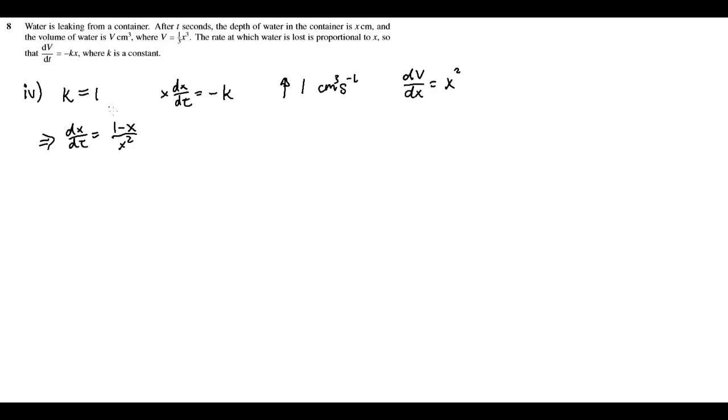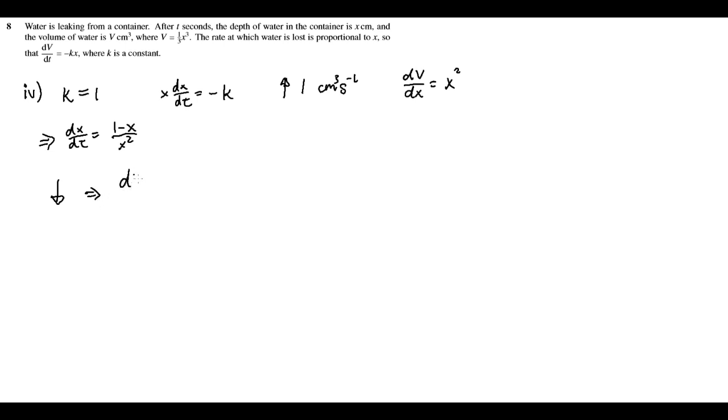So for this part 4, we need to consider both the increase in height per second and also the decrease in height per second, because there is a leak and it will lose water at the rate that is discovered, and it will gain water at the rate that is here. So let's see the loss of water is,